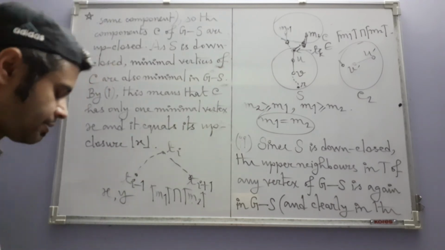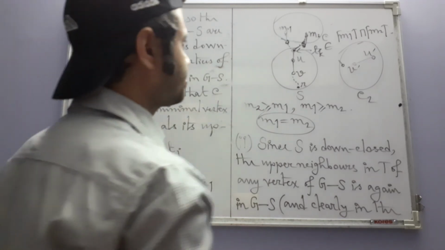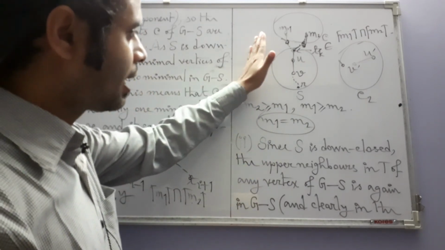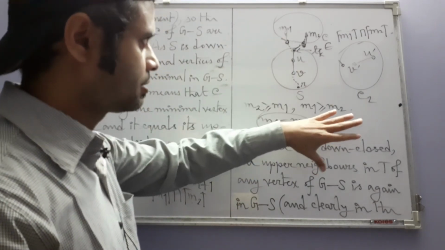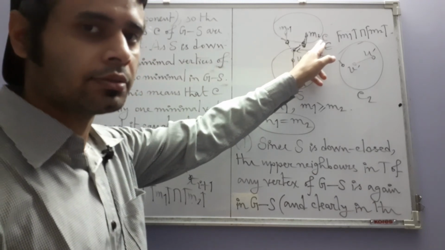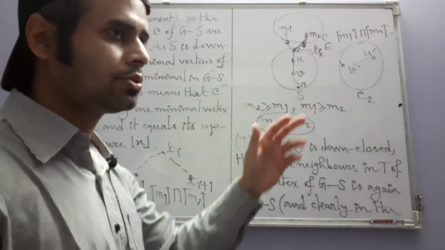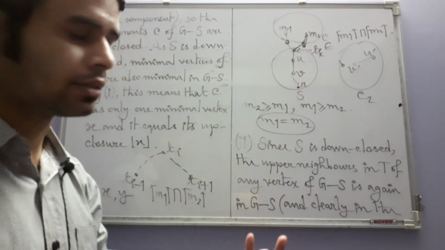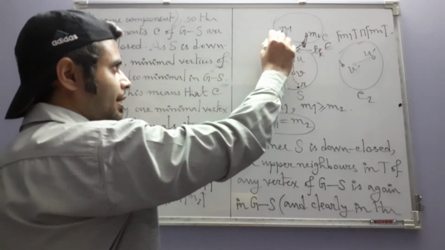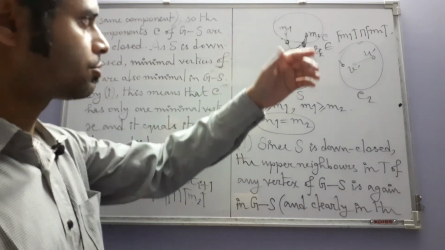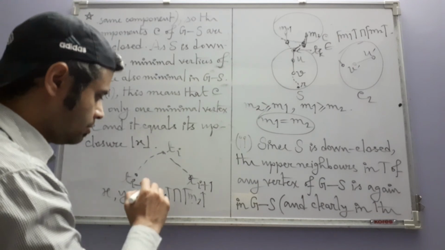Oh, yes. You see, even after removing S, we have got a component C, which by definition is connected. So M1 and M2 are linked by a path. But every such path must pass through this,